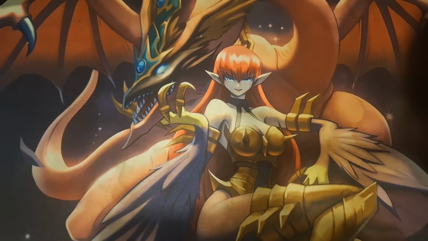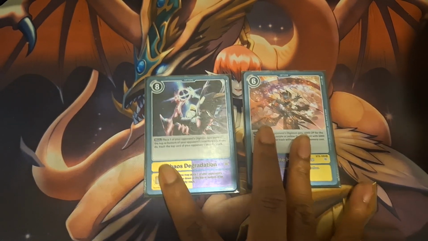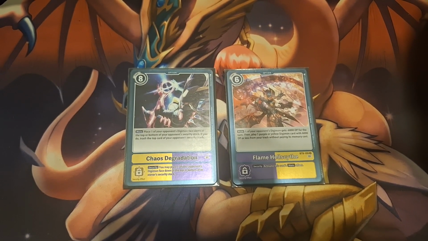And those are the option cards that I'm running. And that's Flame Hell Scythe and Chaos Degradation. Chaos Degradation is really good because it's removal that doesn't destroy. A lot of things can't go over because it's not sending them back to the hand or deck. It's sending them to the security. Then on top of that, being able to send security to the trash, which is great, because that would just help get rid of threats there. And you can just stack on some Digimon at the bottom of the security so that you know what's there,